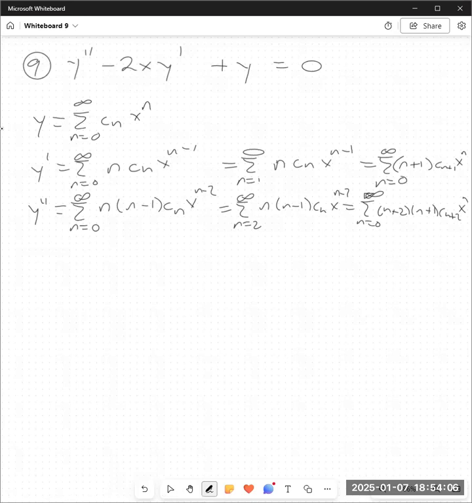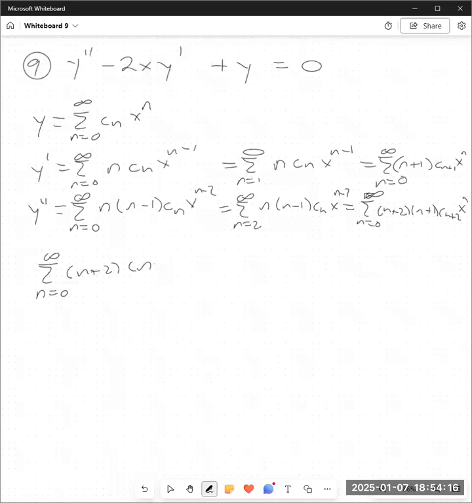All right, so now I want to think smarter, not harder. So n equals 0 to infinity of n plus 2, n plus 1, cn plus 2, x to the n,